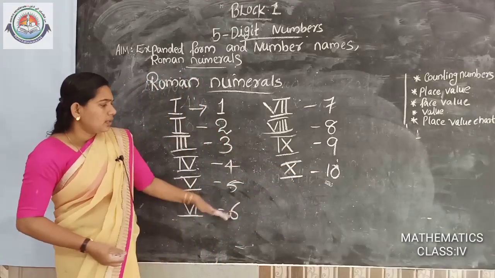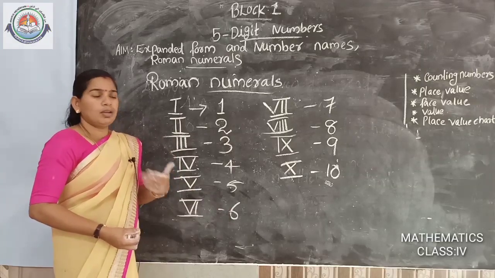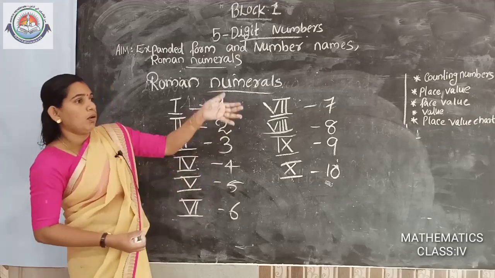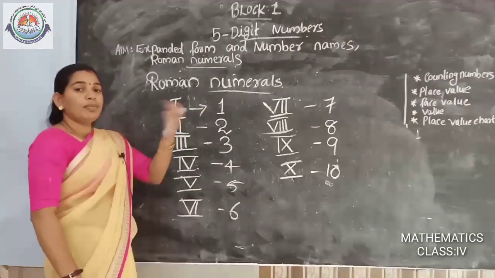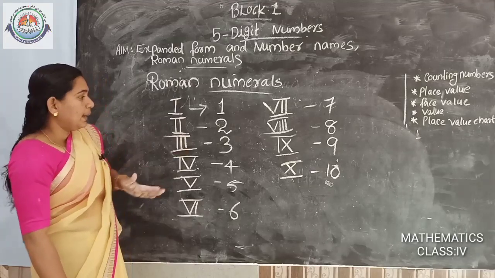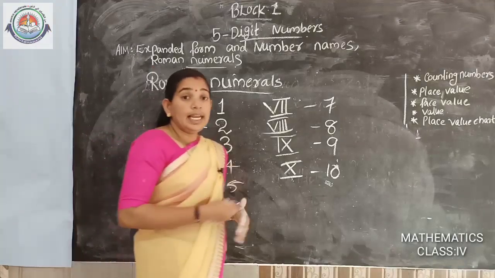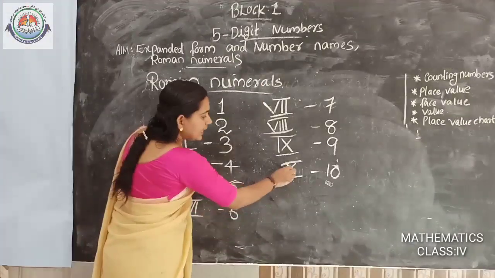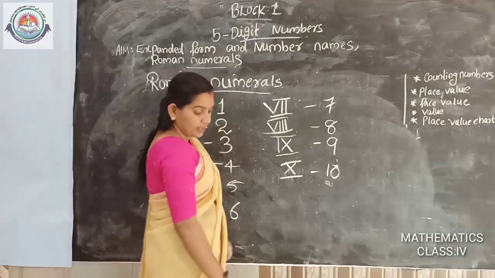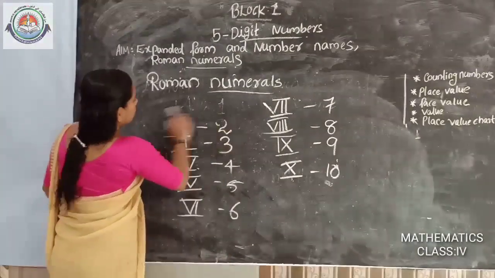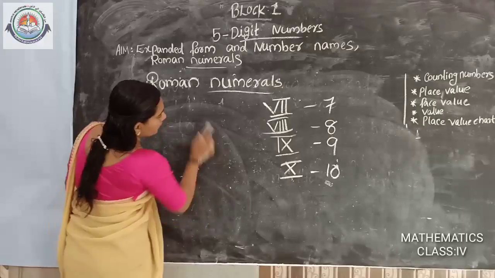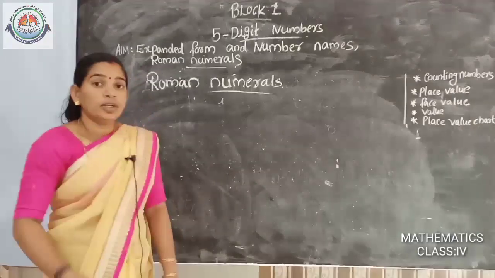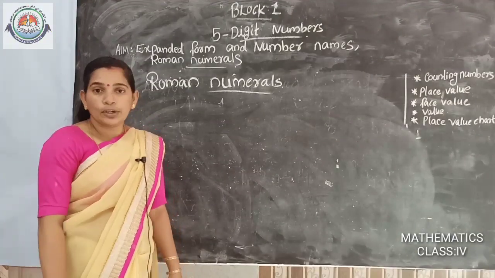Okay. This you already know because we are using the symbols in the classroom, on the board, and outside the classroom for mentioning your class. Okay, then we will check it. 11. How to write 11 in Roman numerals? Here 10. From 10, we'll check it. About 10 or 11 onwards, how to write Roman numerals.